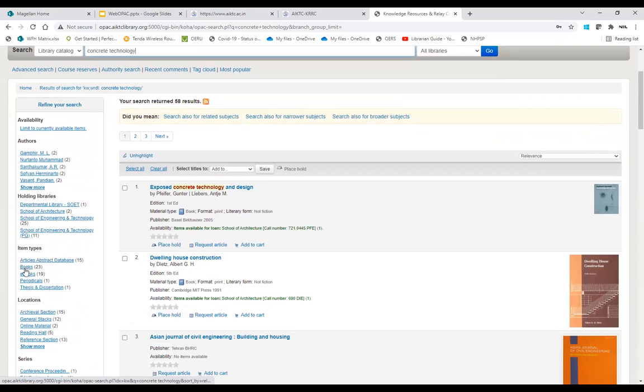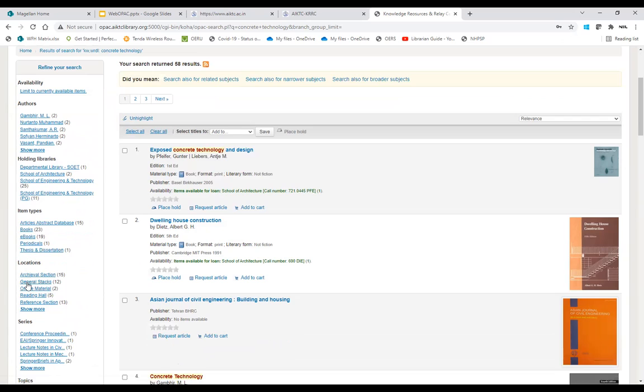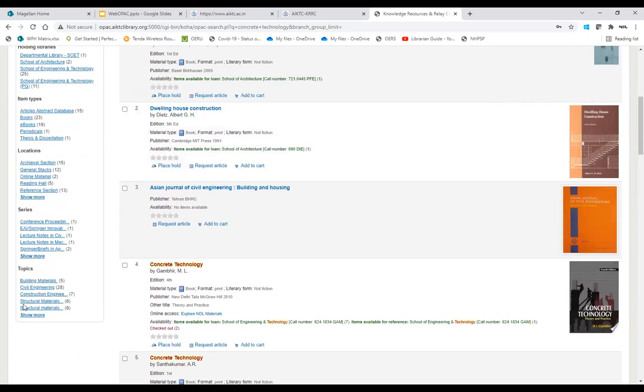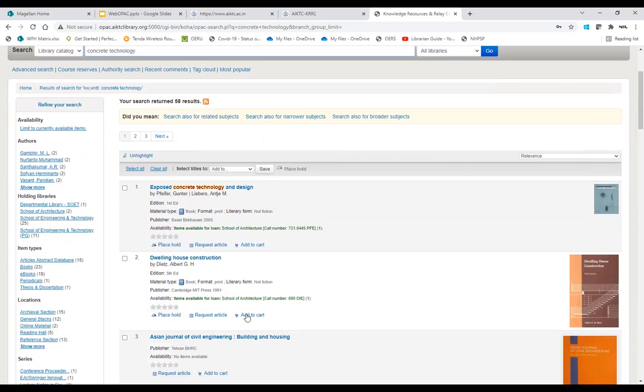There are 23 books, 15 article abstract database, 19 ebooks on concrete technology, and 1 thesis. You can also refine your search by the location, whether the content is available in general stacks for issue, online material, reading hall, reference section, series, and topic wise.